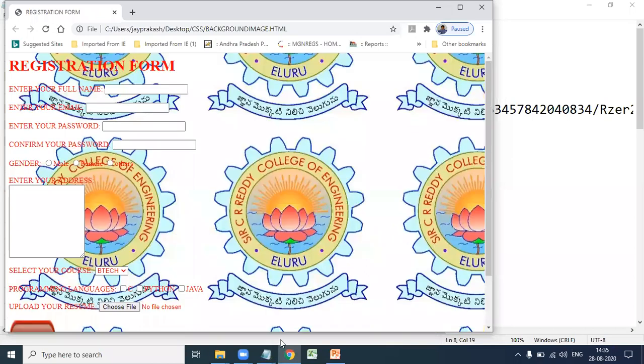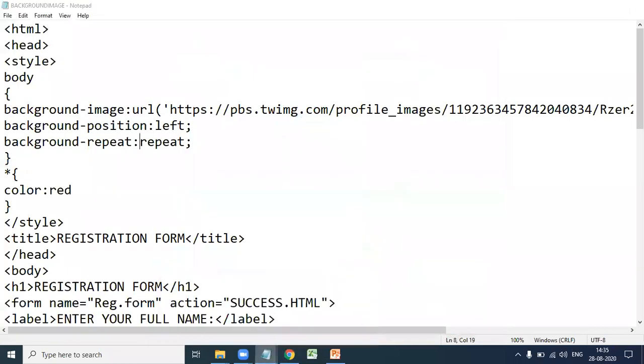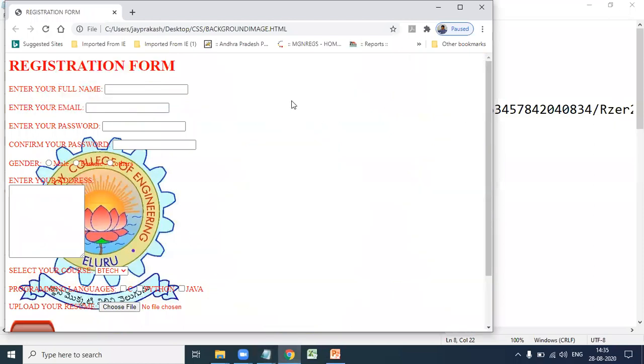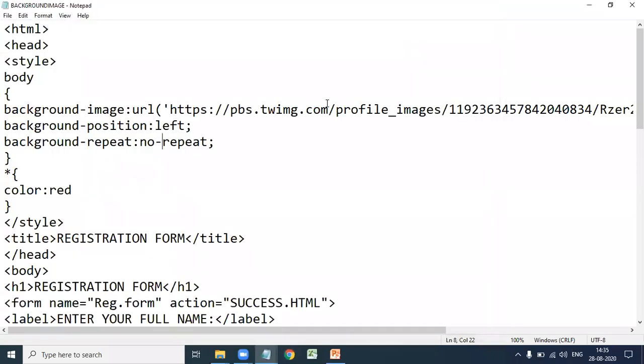If you do not want any repetition of the image, use no-repeat. See here, this is a registration form with the addition of a background image.